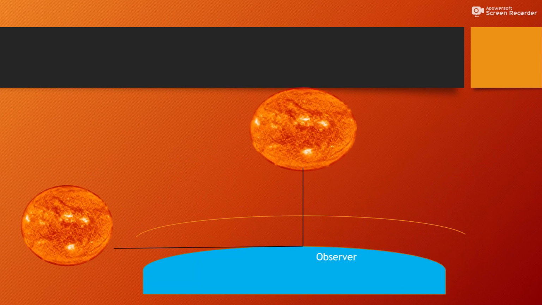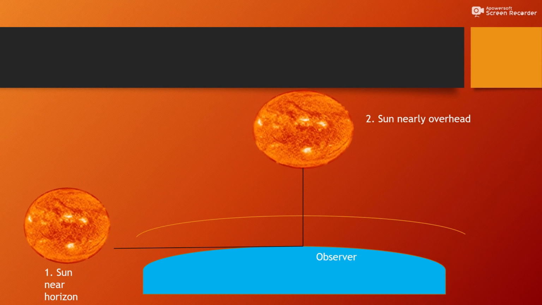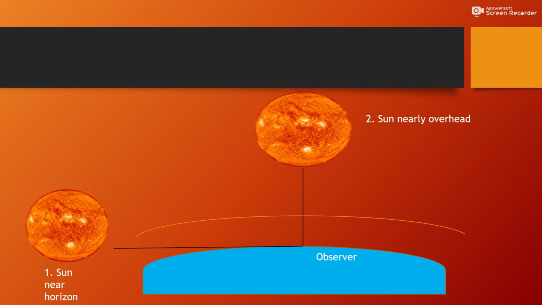Light from the sun near the horizon passes through a thicker layer of air and a larger distance in the earth's atmosphere before reaching our eyes. However, light from the sun overhead travels a relatively shorter distance. At noon, the sun appears white as only a little of the blue and violet colors are scattered.